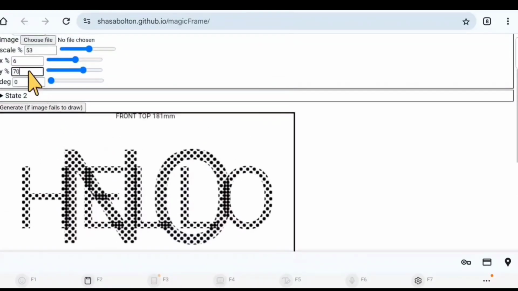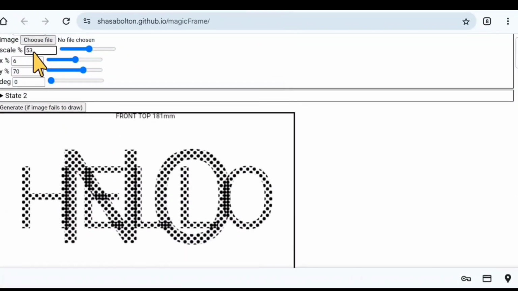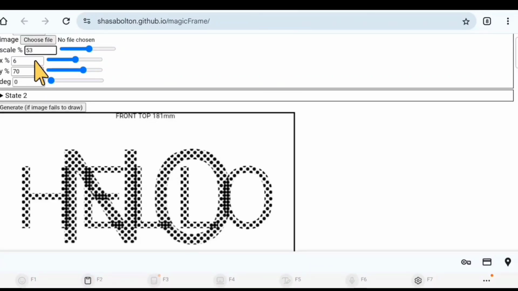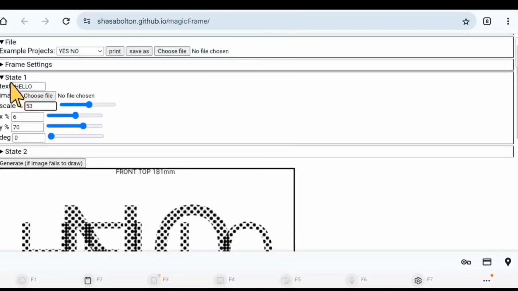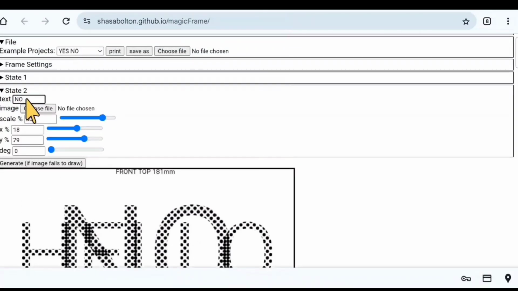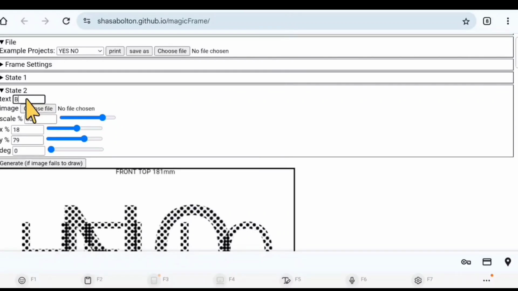So, and maybe we'll make it 53%, was actually pretty good. Okay, 53, 6, and 70. Okay, and now let's go down here and look at state 2. So we've got no still there. But let's put in